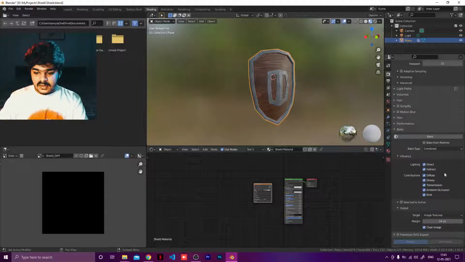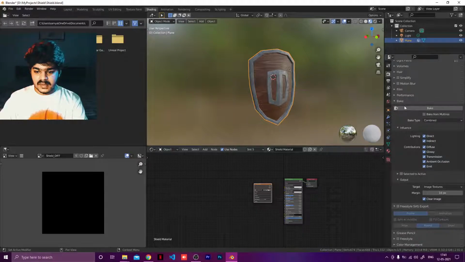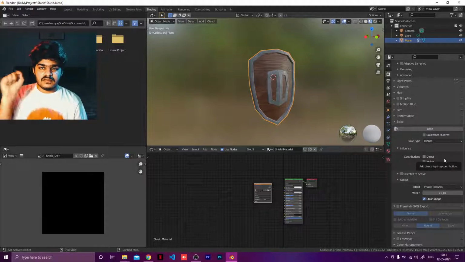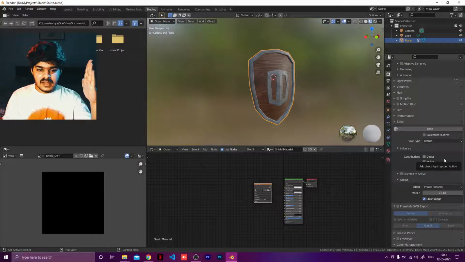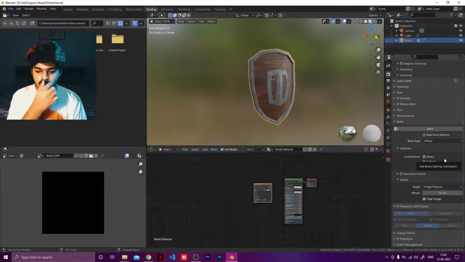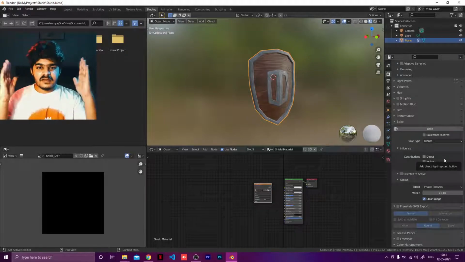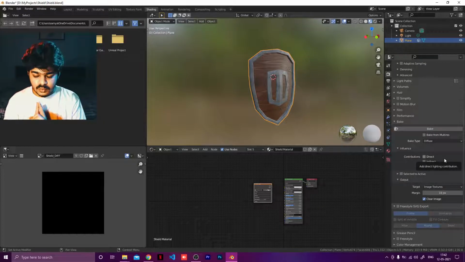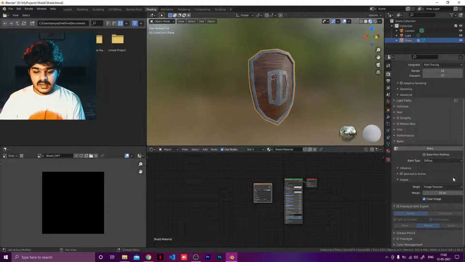Here you have to look at the bake options. We don't want combined, we want the diffuse one, because we have already named it as diffuse. Naming is not what matters, but what we actually get done is what matters. Now I don't want the direct lighting to affect, I don't want the indirect lighting to affect. What is direct lighting? There is a point source and there is a mesh, so the point light is hitting that mesh, so that is direct light, so we don't want that information. Indirect is when there are two meshes and one point source and the light bounces between the two. I don't want that too, because I don't want to even play with lights as of now.